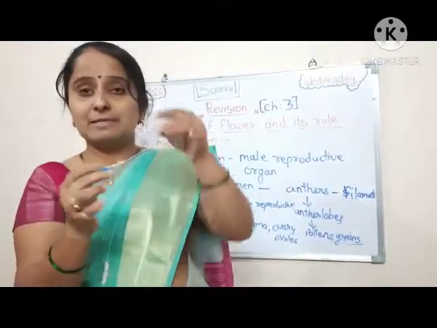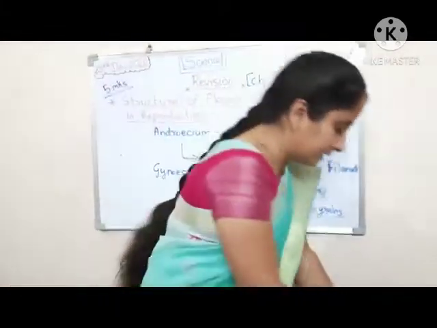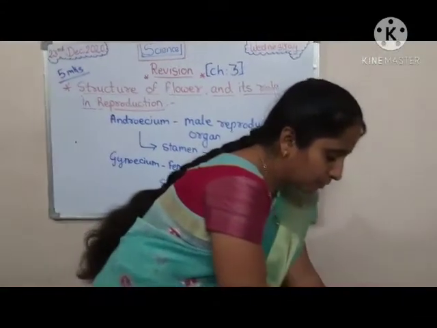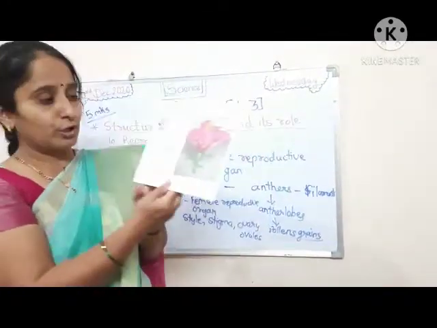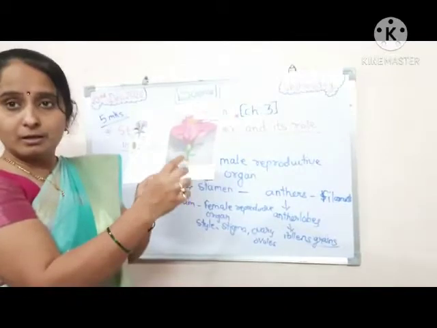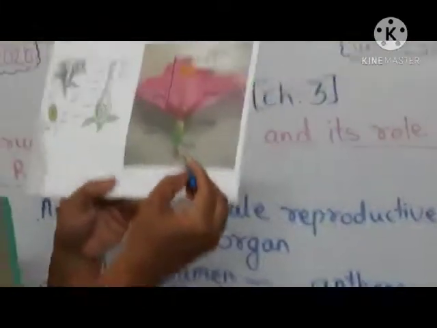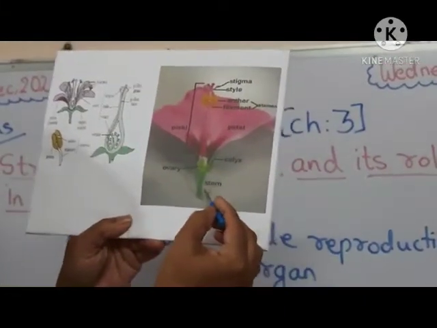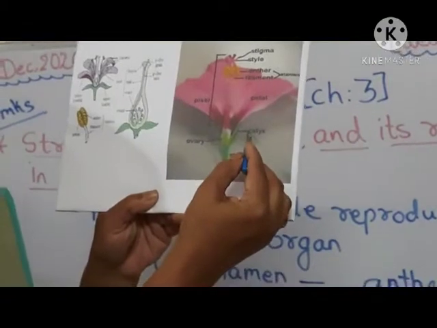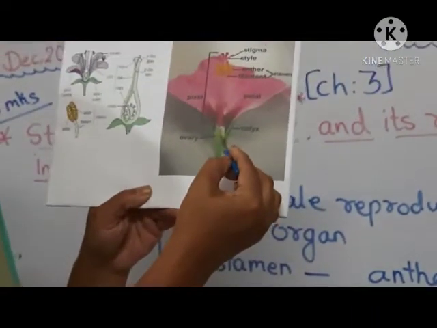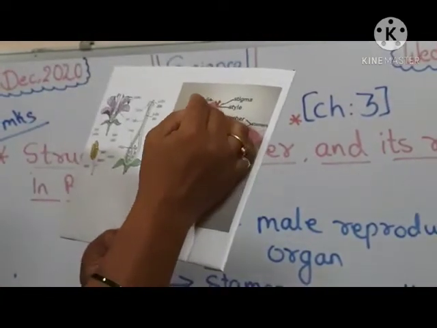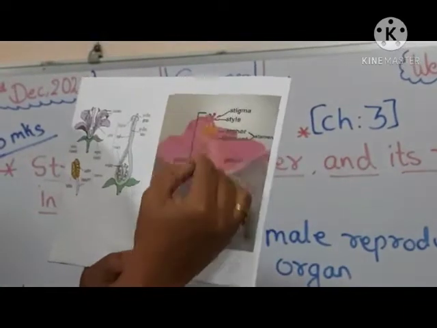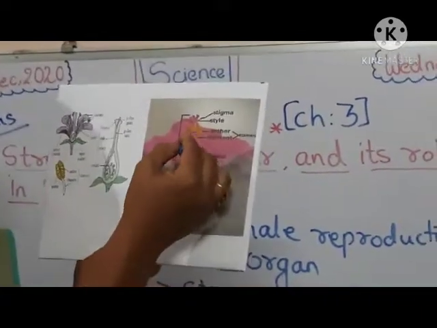So in this way, we have completed the practical regarding the structure of the flower and how it helps in the reproduction process. Here, this is the chart which is showing all the whorls of the flower. You can see here, students. This stem is known as the pedicel. Then calyx, ovary, and these are petals. Then this is the pistil, the whole portion with male and female gametes.